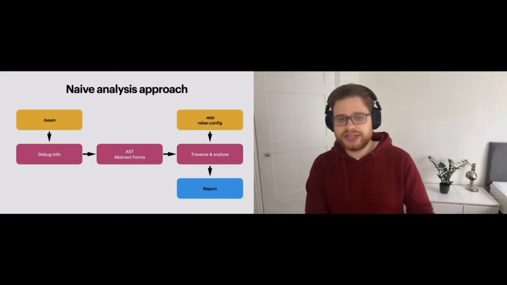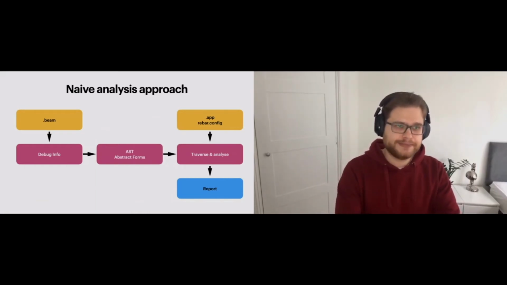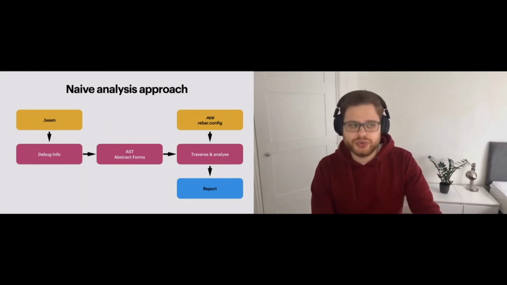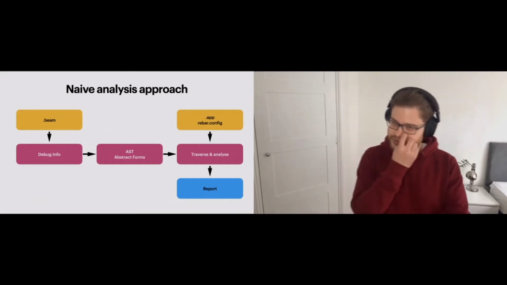And this seems perfectly fine. However, there are some caveats. One of them is that the debug info can be huge. Right? If you have a big module, it can easily be hundreds of kilobytes for a single module.